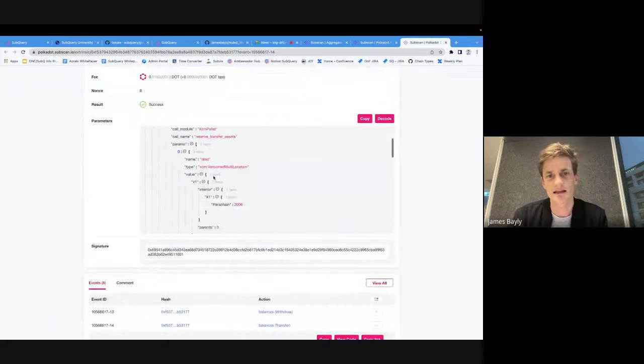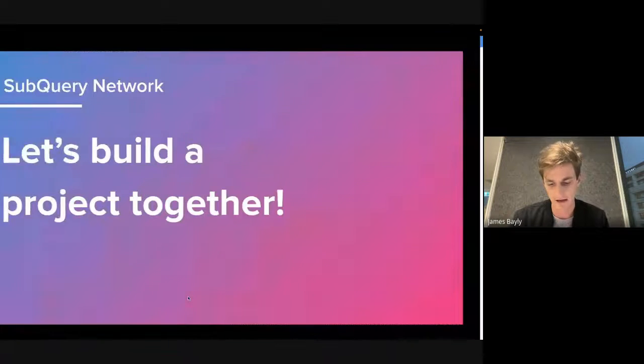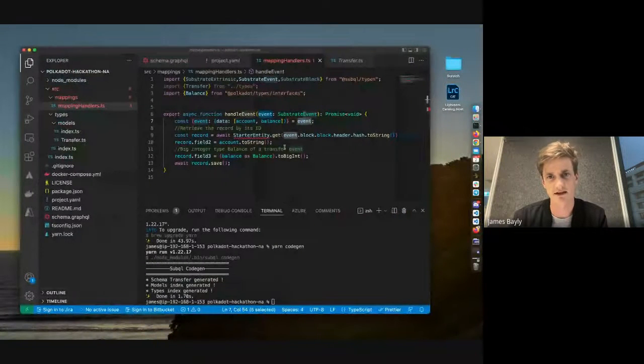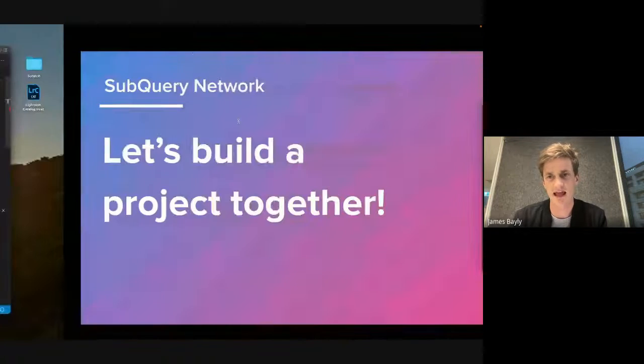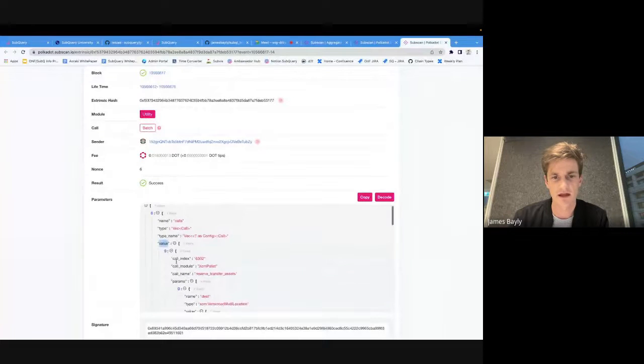So it's a bit tricky, and you can go into the Polkadot documentation, but the way that the payload is stored is within this event, so substrate event data, and inside data there is an array, and you can see here this array has